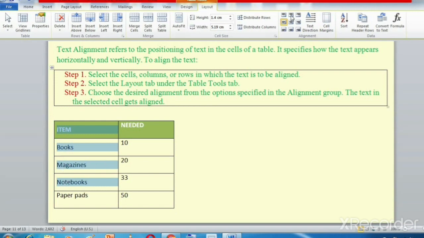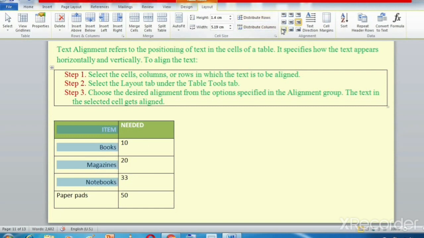Okay, the fifth option is align center. That means right in the center of this cell. Okay, so not at the top, not at the bottom, but in the center. Not in the left, not in the right, but at the center. So this is center align of the text. Okay, then the sixth option is center right. Center right means what? It will be in the center from here and on the right side. Okay, so this is the alignment of the text.